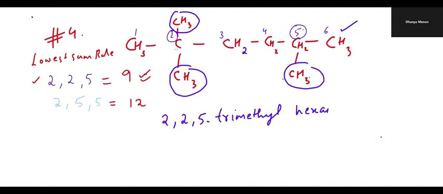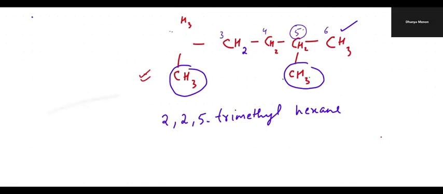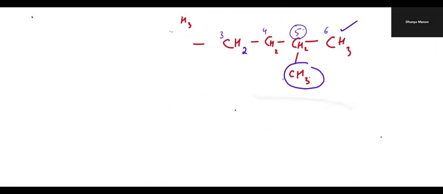Okay, so this is how you select if you have branches and if you have a long chain. If you're getting a long chain either way, you will determine on the basis of the lowest sum rule. Okay. Similarly, if I give another example,